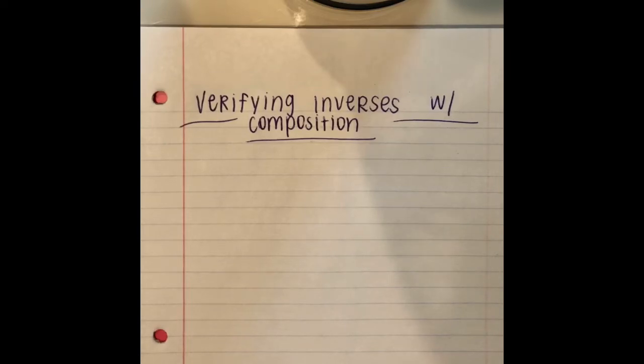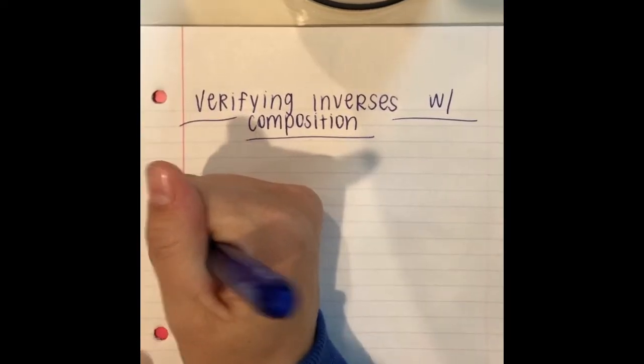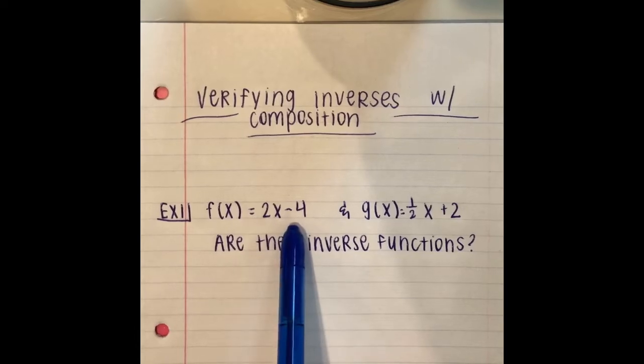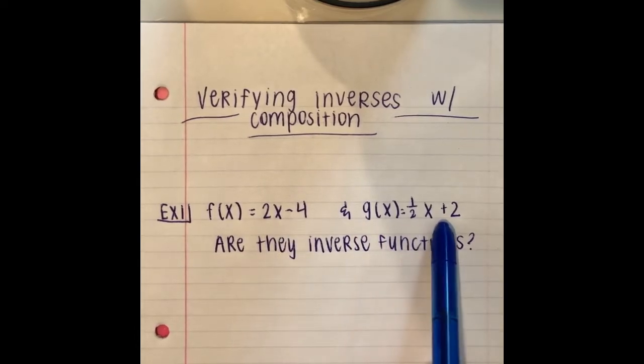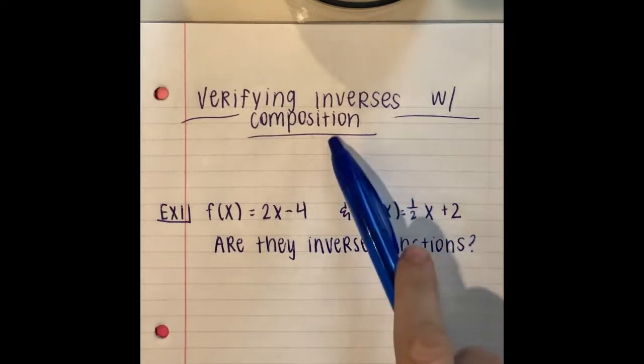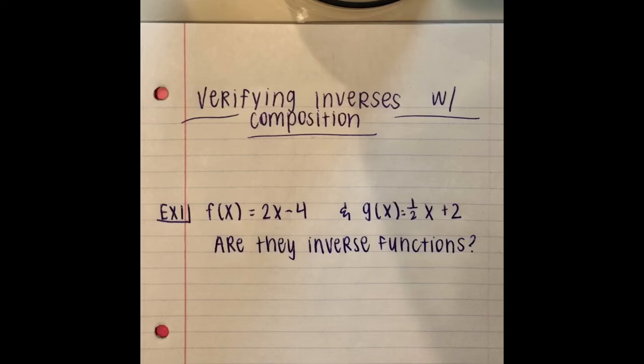Okay, so what I mean when I say that is, if I give you two functions, say f of x equals 2x minus 4 and g of x equals 1/2 x plus 2, and I asked you, are they inverse functions? Okay, well, we're going to look at one way to verify if they're actually inverse functions or not. And to do that, we're going to use composition. There are multiple ways that you can verify, but the way that we're going to look at right now